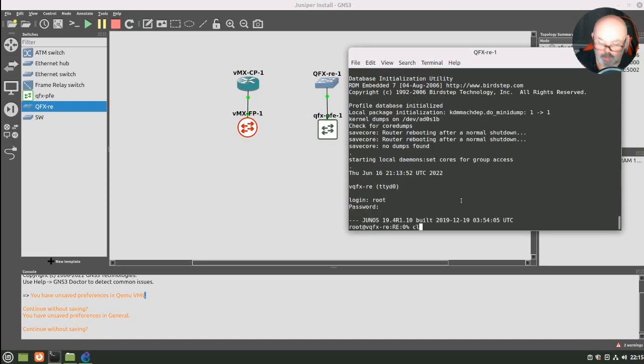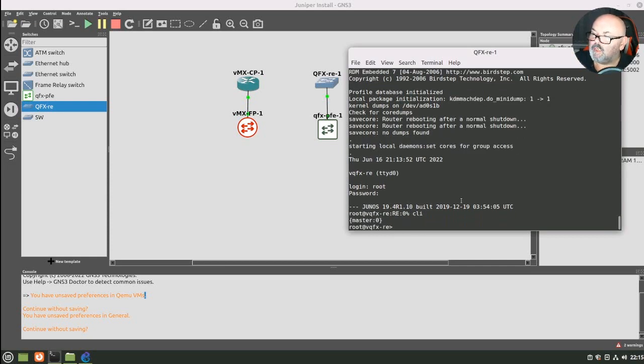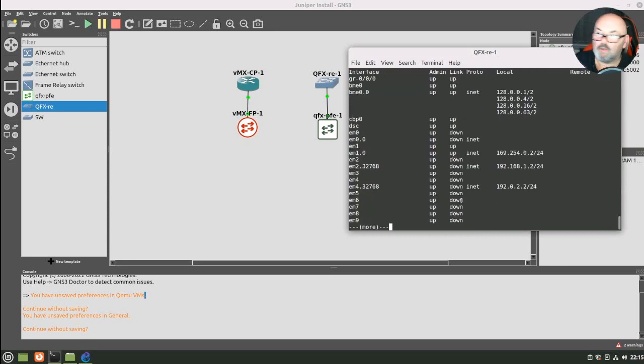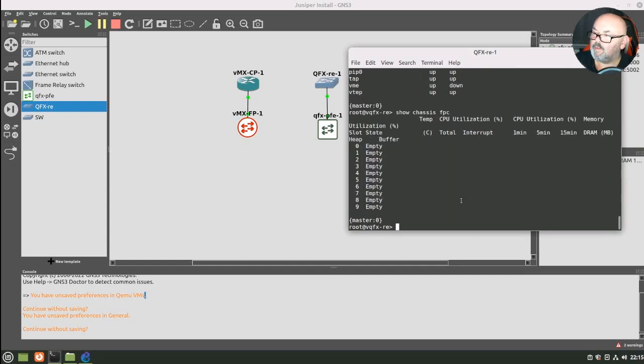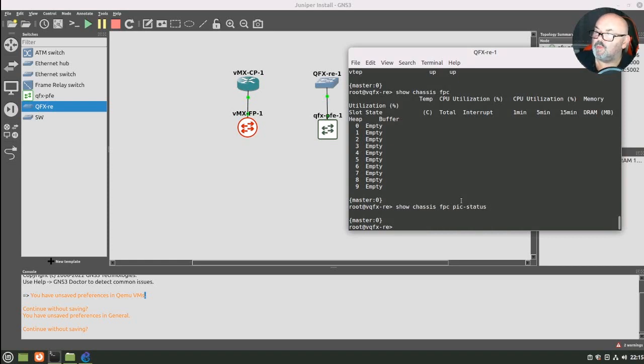Fantastic. Okay, so CLI. Now I would believe the interfaces are not up yet. Let's have a look. No, not at the moment. And let's do a show chassis FPC. Okay, so showing that the flexible PIC concentrator is not up yet, and obviously the PIC itself is not up at the moment. So this will take a few minutes before the routing engine and the packet forwarding engine have communicated enough information to bring the